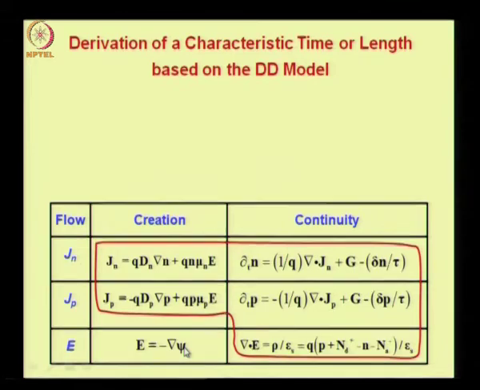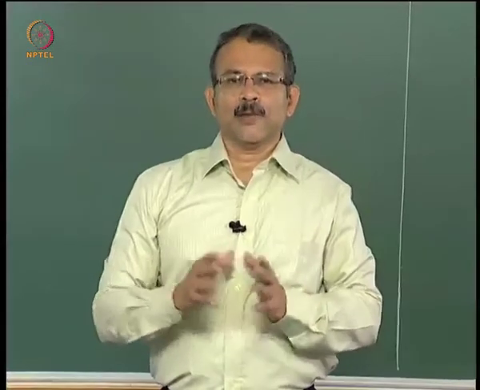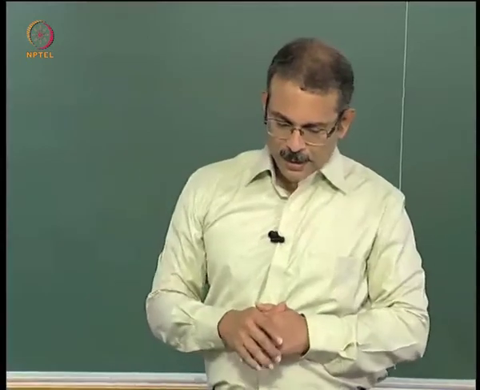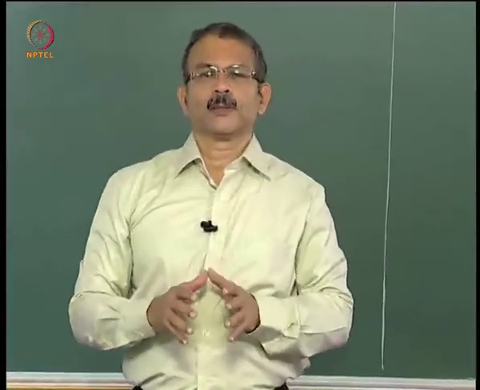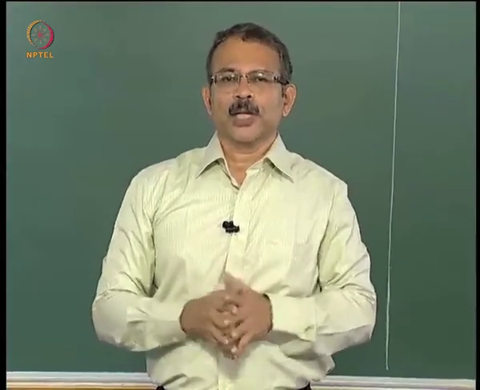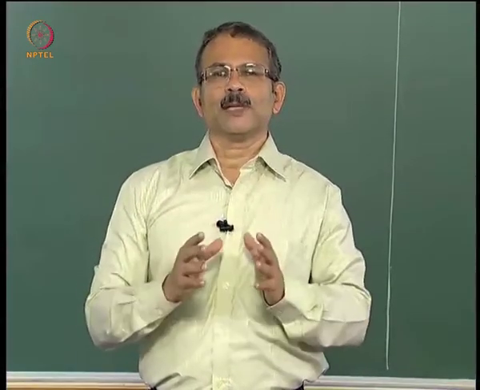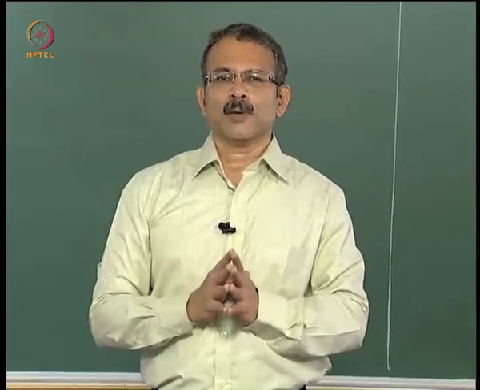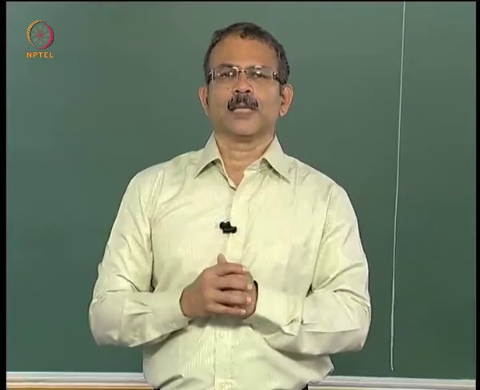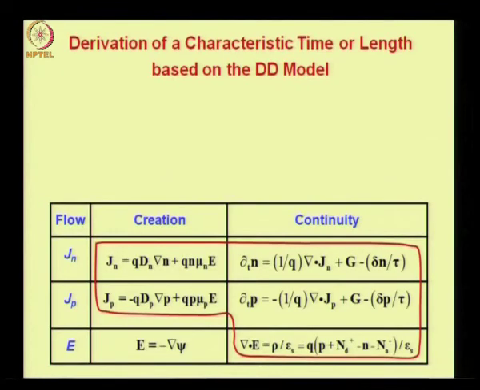Now you would recall that we had said earlier that the 6 drift diffusion equations can be reduced to 3 coupled equations in electron concentration, hole concentration and potential. Now this form in which you have 3 coupled equations is suitable for numerical simulation of devices. However, each of the equations in these 3 coupled equations is fairly lengthy. It contains many terms. You can see that very easily. You would have done the assignment,